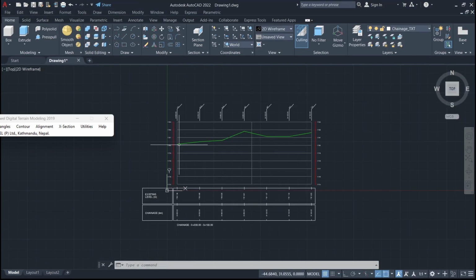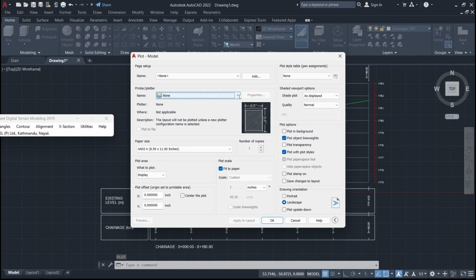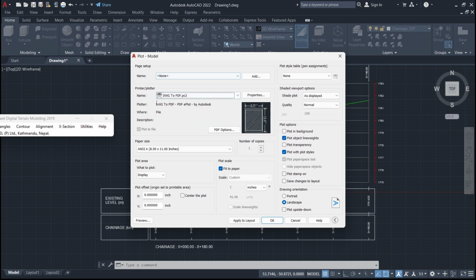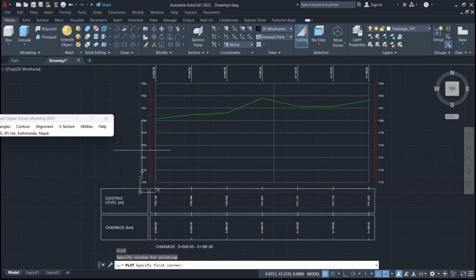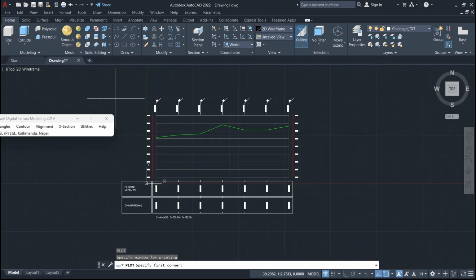Maybe when you need to export this cross section to PDF, you can just click or type a command plot, then click enter. At this point here, you can just click on this drop down, go to DWG to PDF, then you can select the window in which you need to export. So this one here,